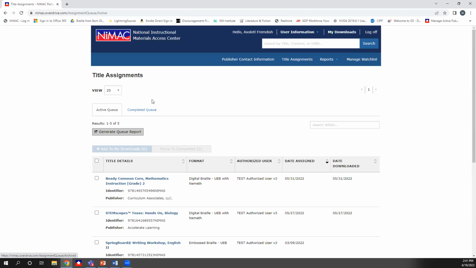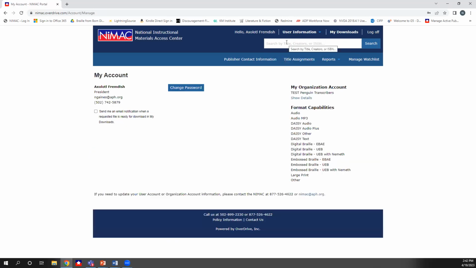But before we get to that, I want to spend a little time up here in the upper right-hand corner and talk about a few other features of the system that you may not be aware of. First, I'm going to go up here to user information, and I'm going to go up to the My Account information.